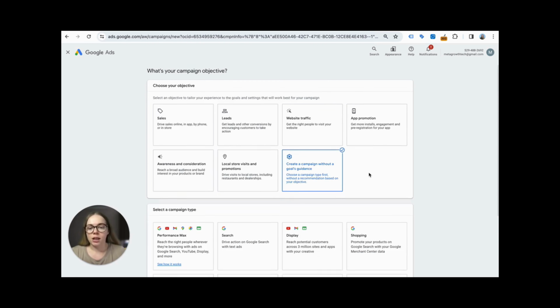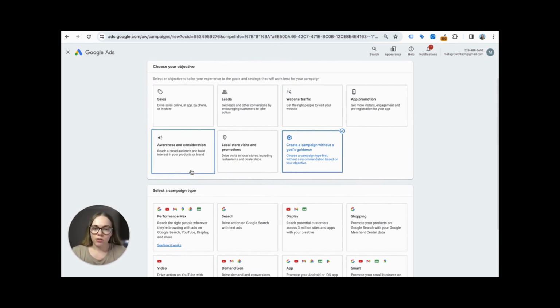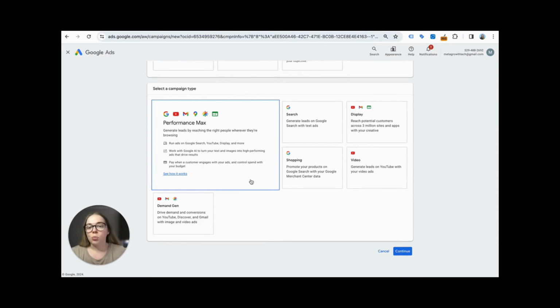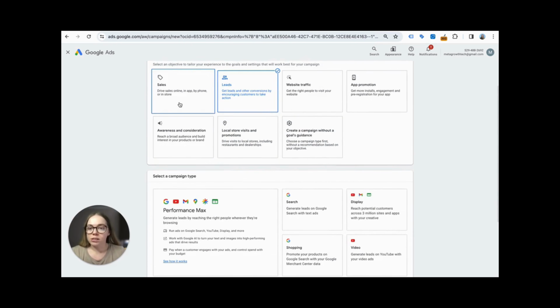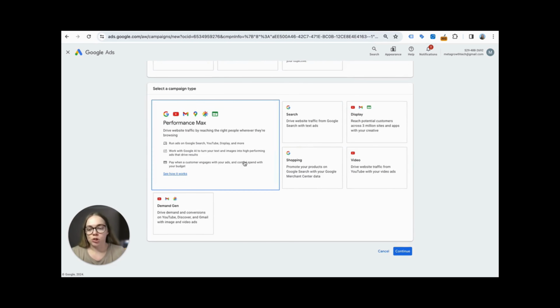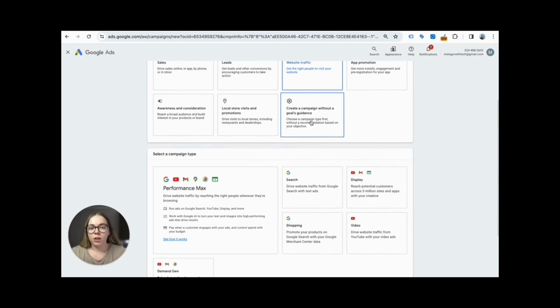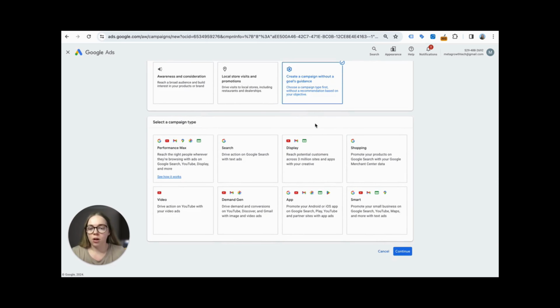Now, if we choose this, then it gives us all the options of the different campaign types that are available. The only real difference is if we select something else. Let's say, for example, we select leads, it's going to prompt you to select a certain type of campaign. And honestly, if you select sales or website traffic, it's all going to try and push you towards a Performance Max campaign type. But for this, I'm going to do create without guidance, and we're going to be talking about creating